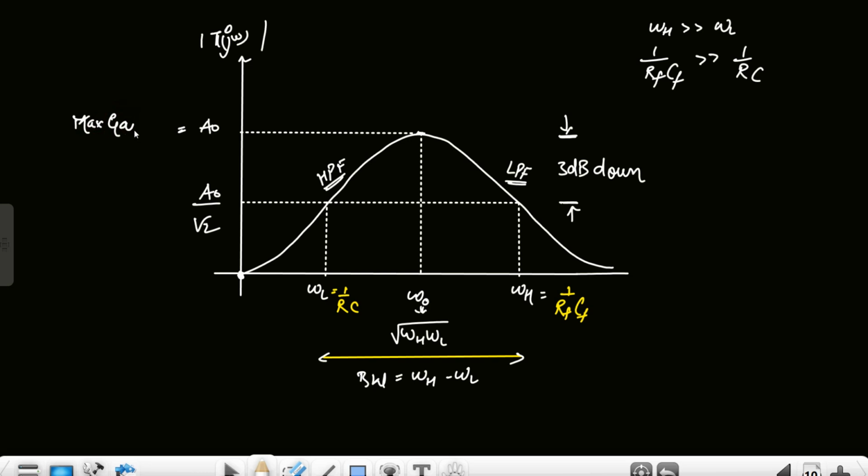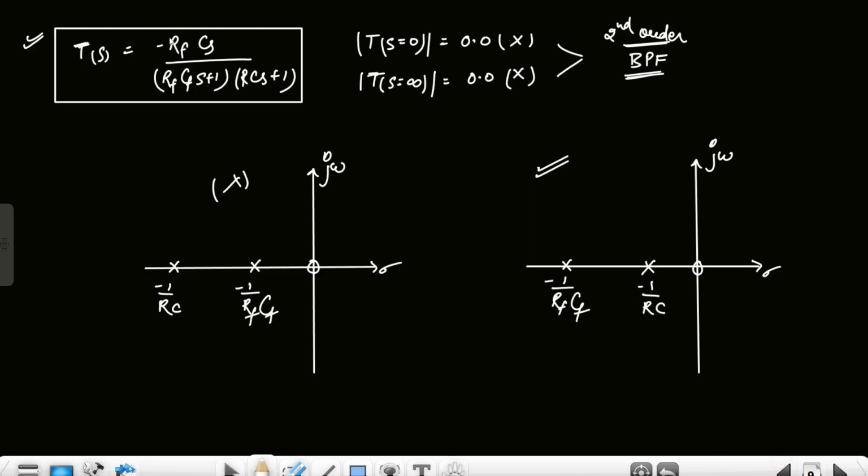This is not the low frequency or the high frequency, because the low frequency and high frequency gain are both 0. The maximum magnitude we get at the frequency omega naught, and we can find this omega naught by taking the magnitude of this transfer function and putting omega equal to